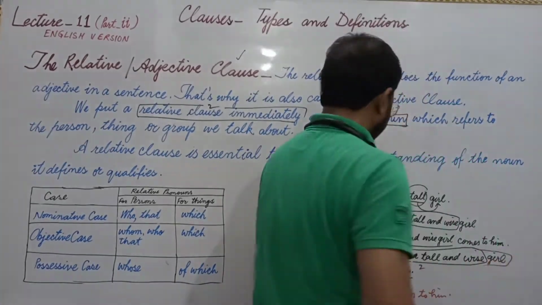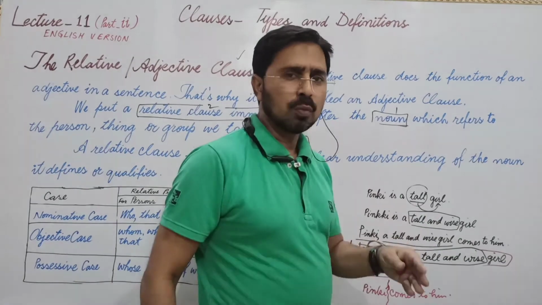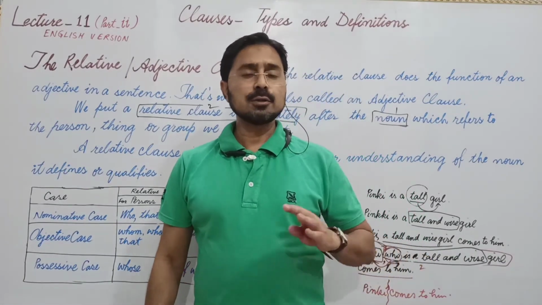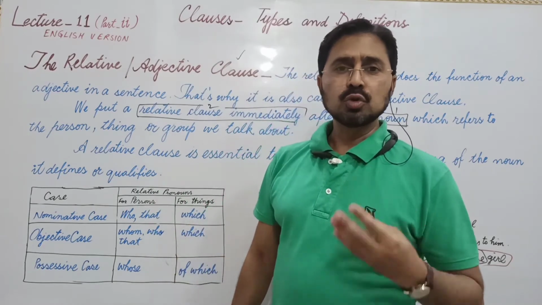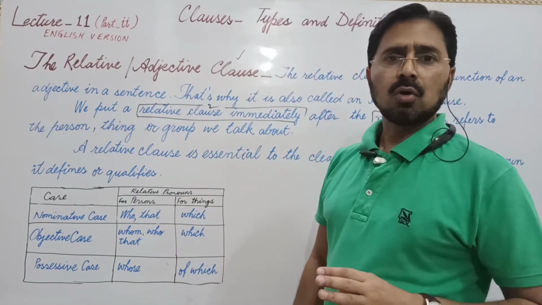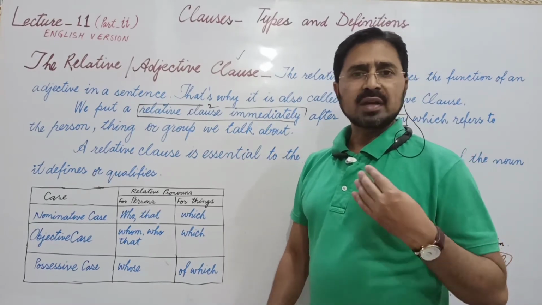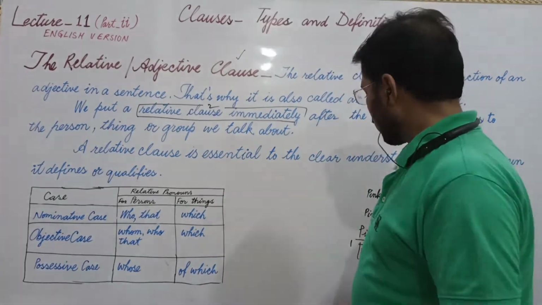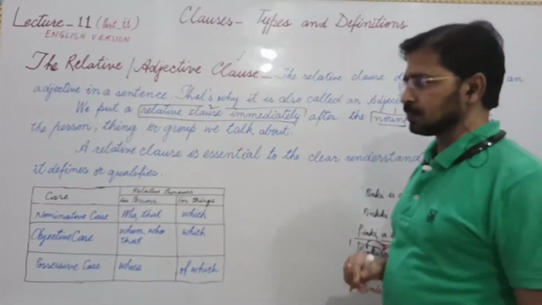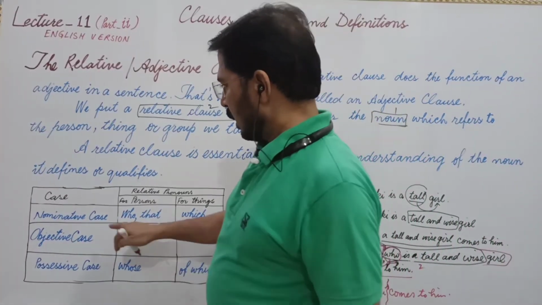The part that begins with who, whose, whom, a relative pronoun or relative adverb, that is not used to ask a question, it is used just to give an answer, is called an adjective clause. Or you can say subordinate clause, and the rest of the sentence for which it is used is called the principal clause. Now let's see.